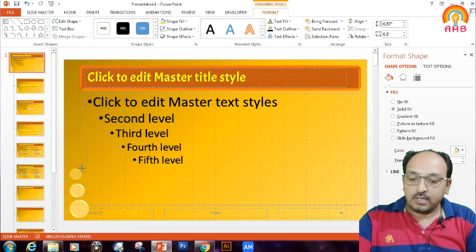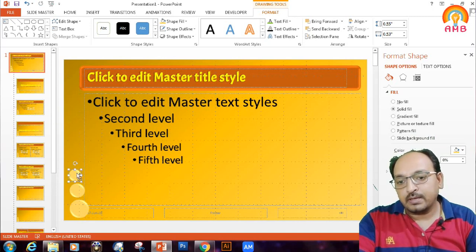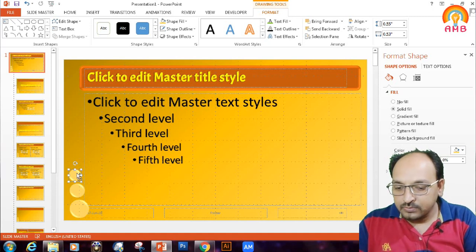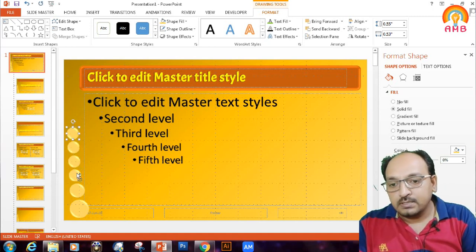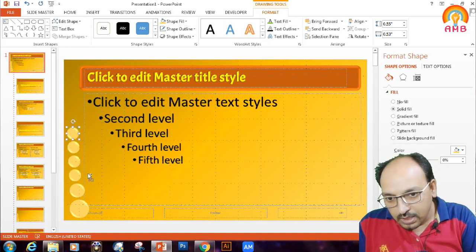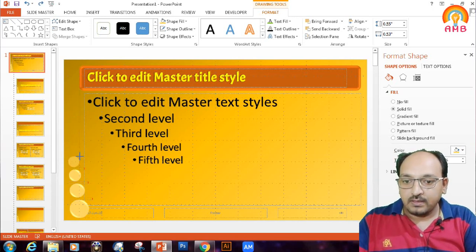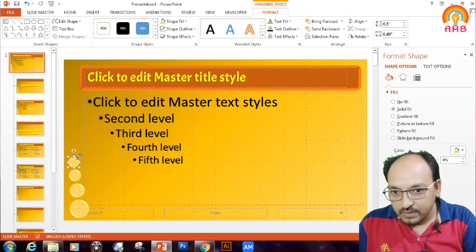Pressing Control D again and again, but it is not changing the shape. So after each application I have to decrease the size.